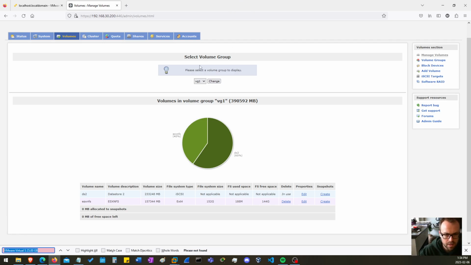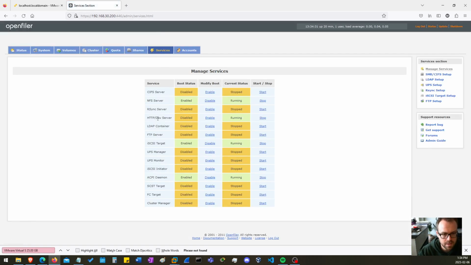So now we're going to set up an iSCSI target, which is going to be the server, and the client is going to be the ESX server. That's going to initiate the connection and try to get the storage access. So now first we have to go to services and make sure that the iSCSI is operating, which it is. So iSCSI target enabled and running. Then we go to the system page on Openfiler, scroll down to network access configuration